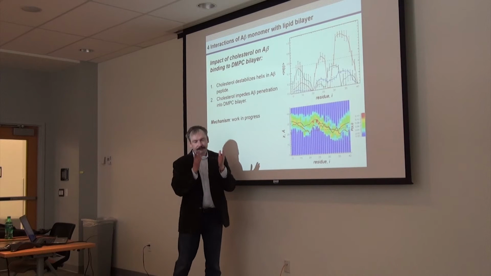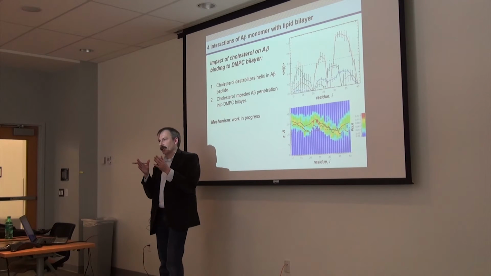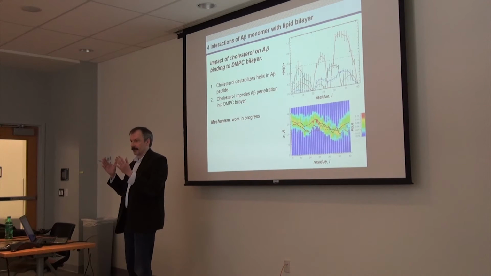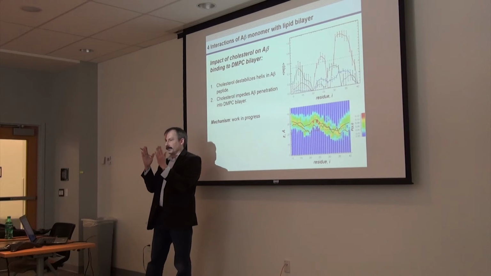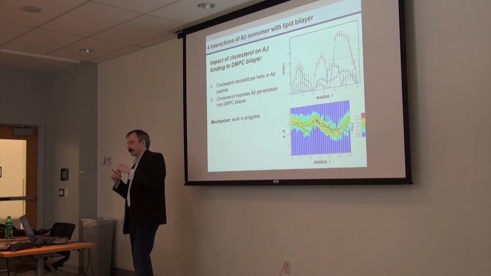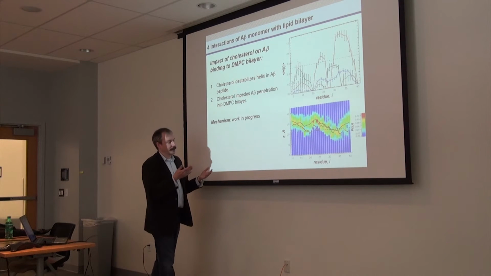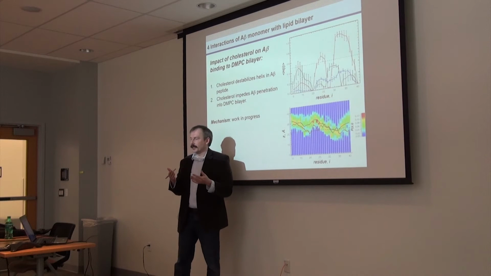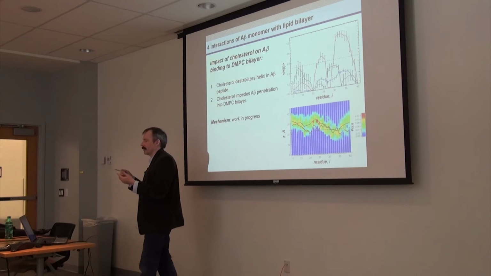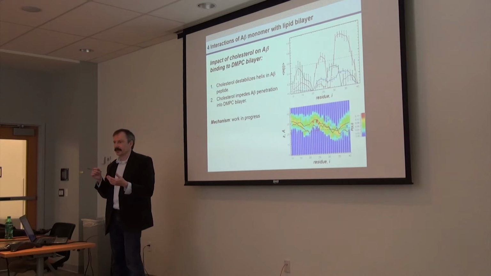Point of view number one: cholesterol generally strengthens the bilayer. It, for example, makes it denser, reduces the area per molecule, and increases the thickness of the bilayer. So from that point of view, not binding, but penetration into the bilayer is discouraged